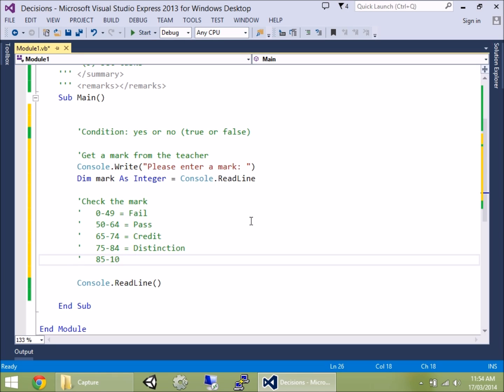Then we've got 85 to 100 is a high distinction. Now, we're not actually done here because we're checking all the cases we would like. What about the cases they could possibly type in? So what I mean by that is, what if they type something less than 0 or something greater than 100? All right, they could even type in a word,